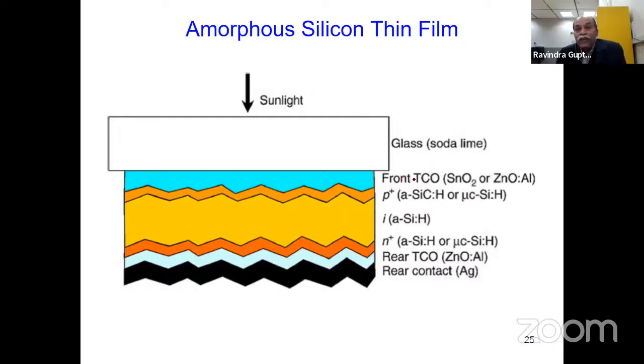On that we have the front transparent conducting oxide, which is either ITO, indium doped SnO2, or aluminum doped zinc oxide. Then we have the P-type material, which is very thin. This is the hydrogenated amorphous silicon carbide or microcrystalline silicon. And then we have intrinsic amorphous silicon, and then highly doped N-type amorphous silicon, or microcrystalline silicon. Then the rear TCO, and then the back contact, which is made of silver, or nowadays we are using aluminum. So this is the basic configuration for the amorphous